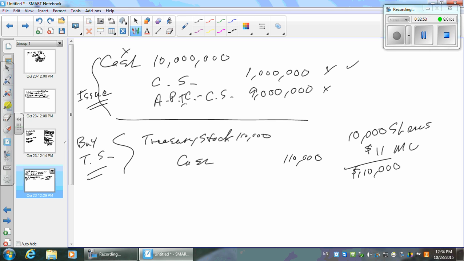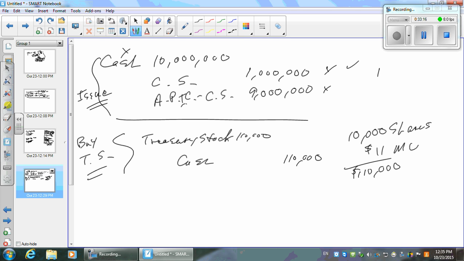Then you're going to add your retained earnings to that, right? And then you're going to subtract your treasury stock. The last thing in the equity section will be to subtract the treasury stock. Okay? That's it. So this debit balance is going to reduce your equity. Got it? Everybody with me on this? It's just not a big deal. How many shares are outstanding now?